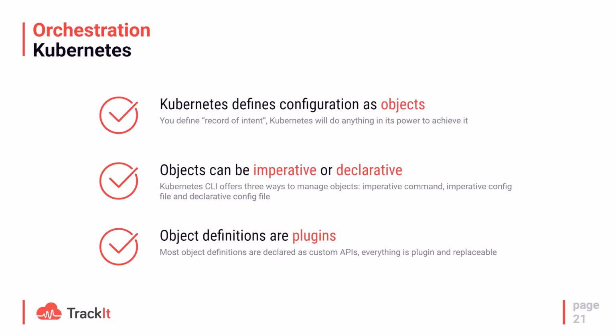you could be asking for something impossible, and that's not something Kubernetes will really warn you about. If you are asking for something that is not possible, Kubernetes will not say anything. It will just try to do it, and it will try in a loop until it works. So that's really something you should check when you are working with Kubernetes: sometimes you could ask for something that is not possible, and Kubernetes will not warn you.